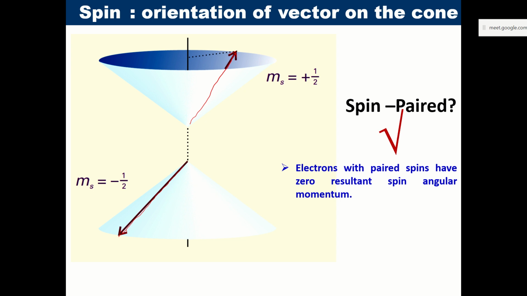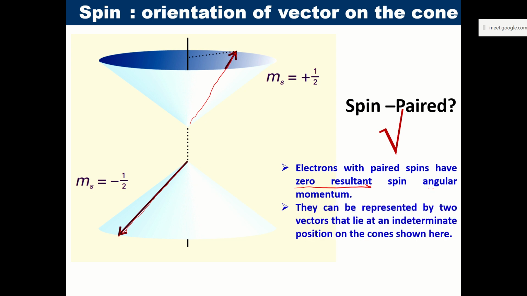So there should be zero resultant of the spin angular momentum. The two vectors lie at an indeterminate position on the cones, as I told you earlier. But as soon as you place a spin pair, the first vector can be placed